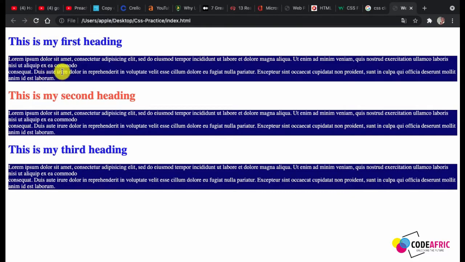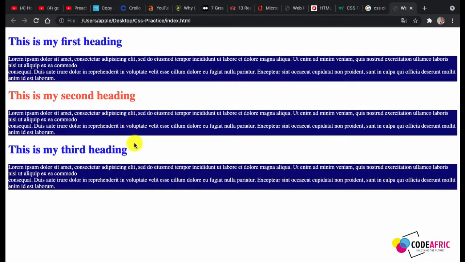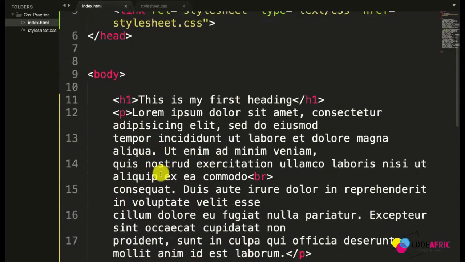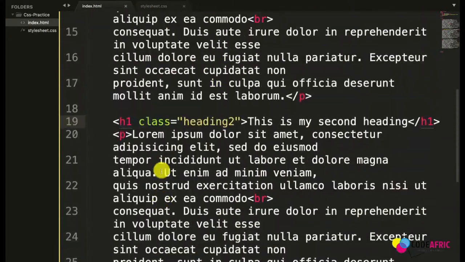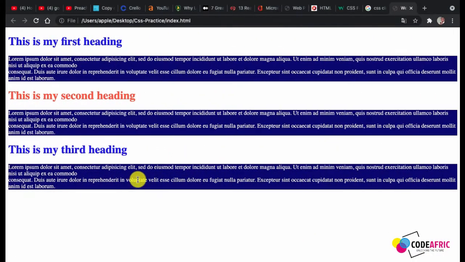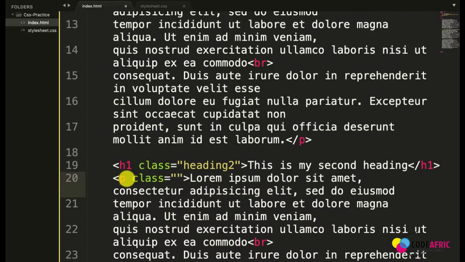And we can see that all our P tags have a navy background color and our text color has changed to white. Now we ask ourselves, what if we want our second paragraph to have something different? Or let's say for our second paragraph, we don't want any background color. So we can equally do that. All you have to do is the same thing. You call the class with an attribute and give it a name. Let's call this one